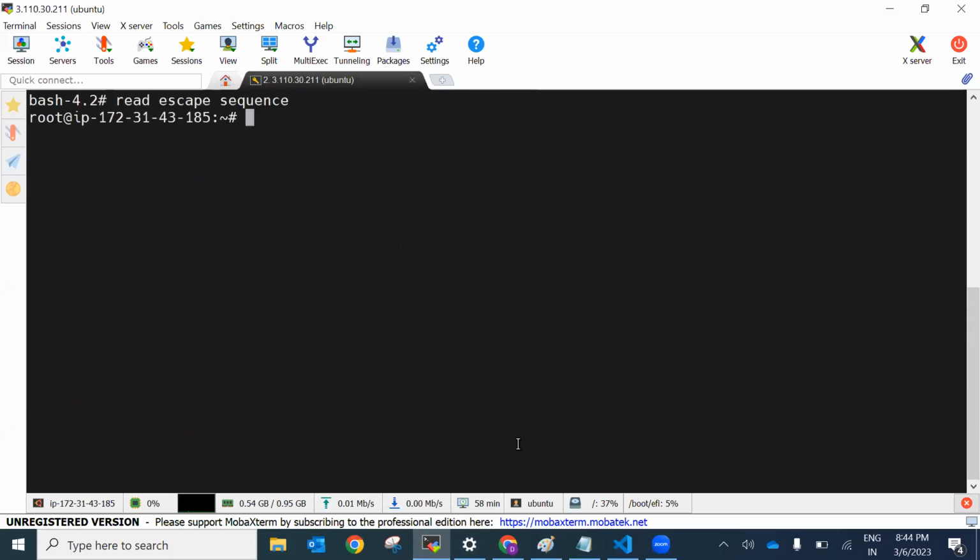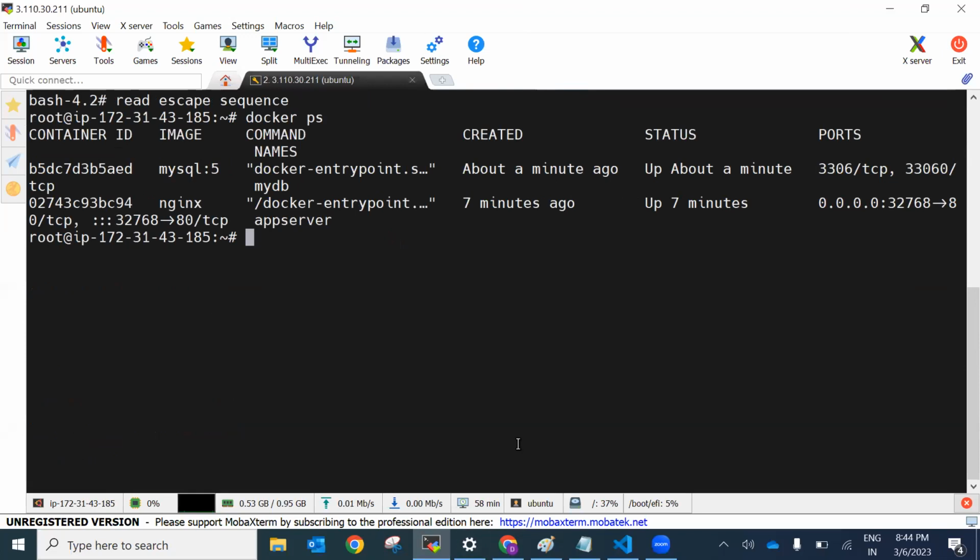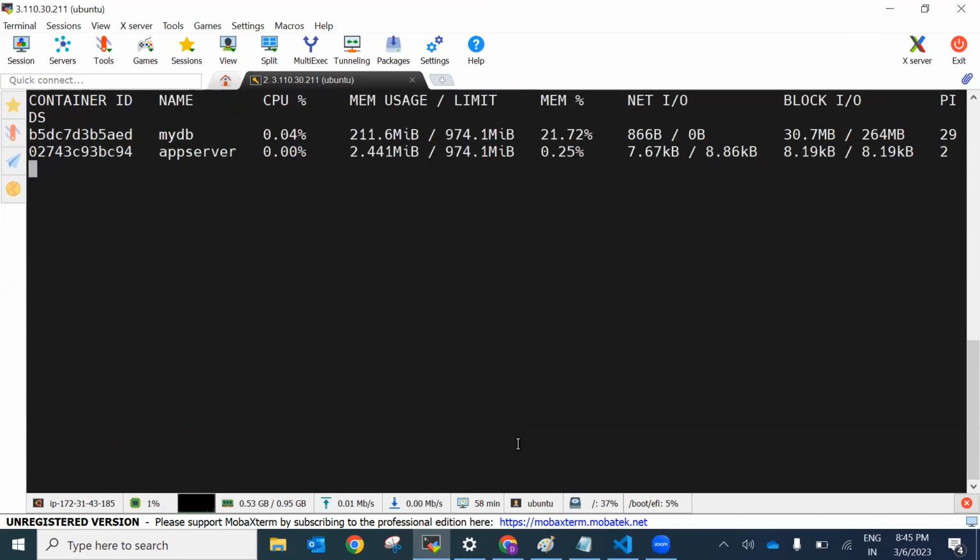I'm using Ctrl+P, Q to exit from the container terminal. So the container is running. Now docker stats is the command. It will show the memory and other